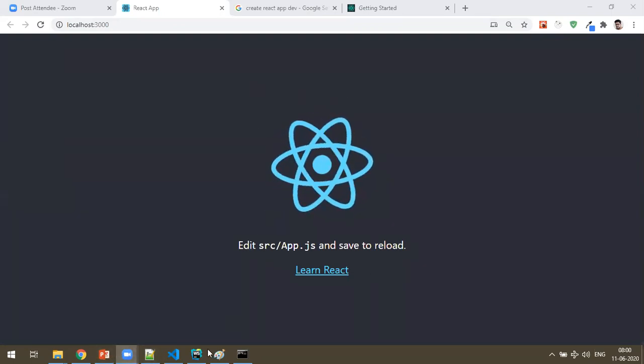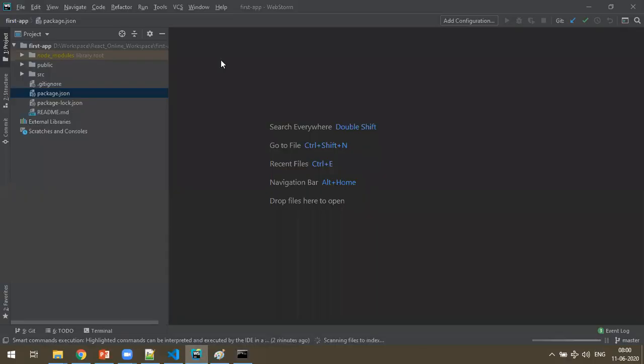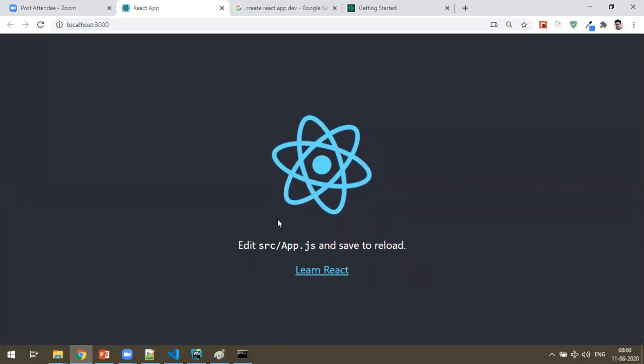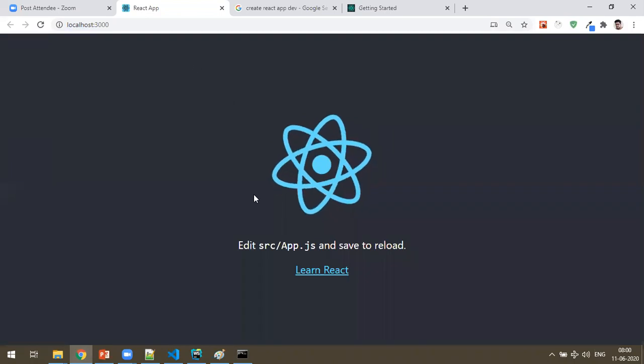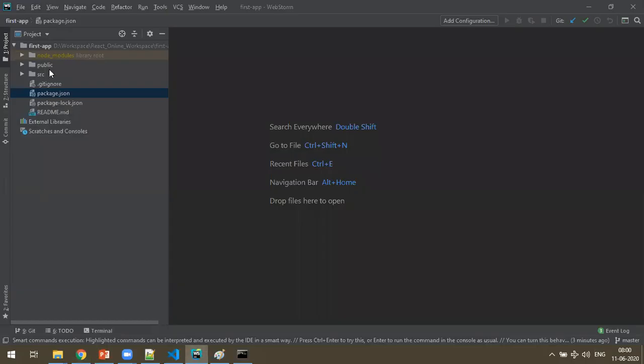Fine. So when you want to see the application structure, the file structure, back to here. Where is this coming from, how is it working, and which are all the files that are connected internally? Okay, first application, so let me tell you the folder structure here. The very first folder is the node modules folder. This is actually where the third party libraries, the third party JavaScript files, the Node.js modules will be stored. And there's a public folder.